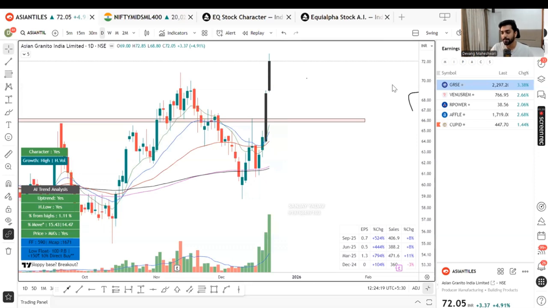And there is no harm in knowing yourself. Trading is all about knowing yourself. The better you know yourself, the faster you will grow. If you do not know yourself, you will get stuck in a loop and it will just take more and more time. So I hope somewhere it helps.